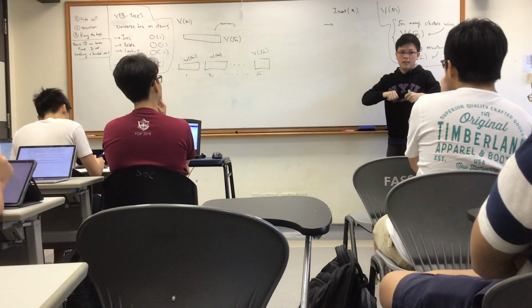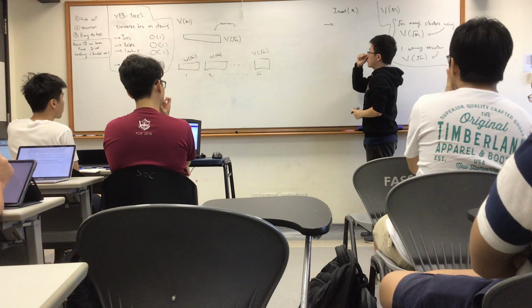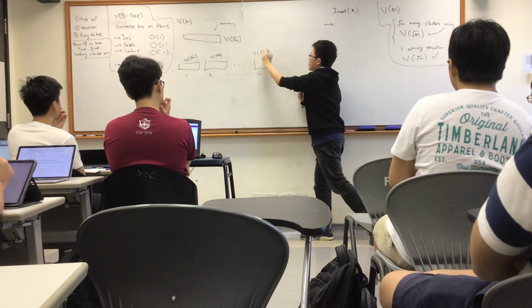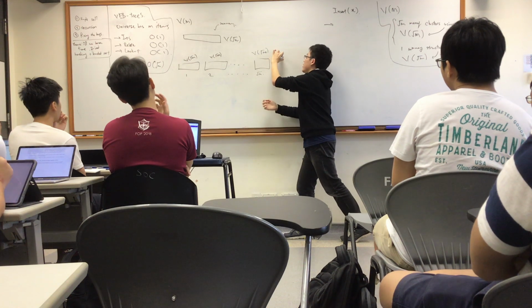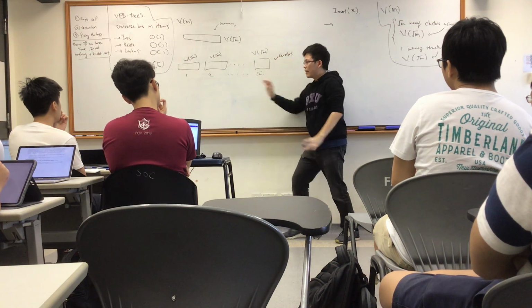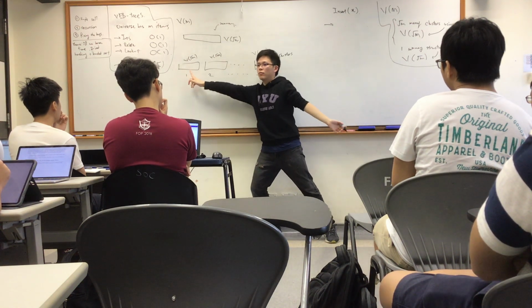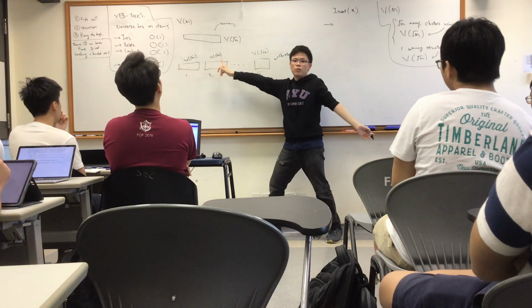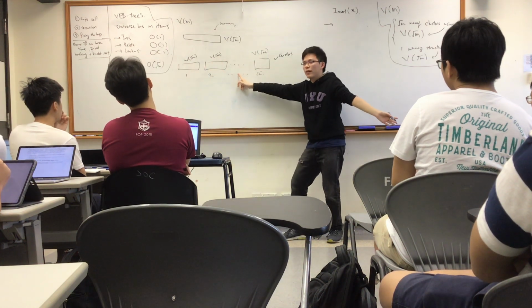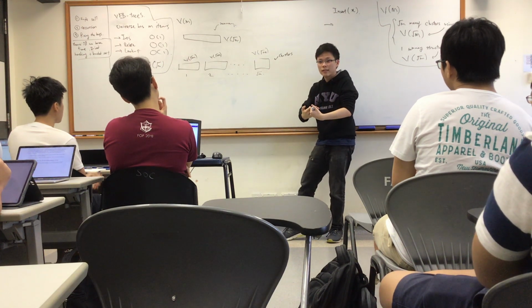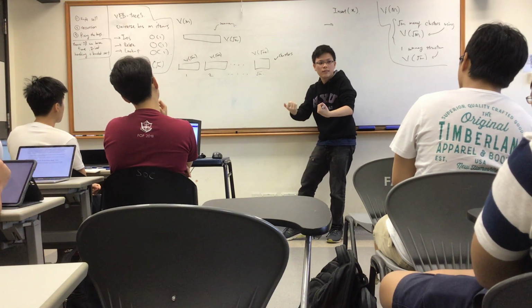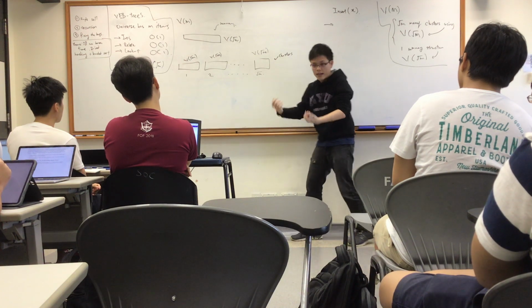Insert the correct sum data structure. Okay, so in this case, let's say X came from root M many. So I need to figure out which are the correct clusters, right? Let's say I did a canonical ordering. So this is from 1 to root M, this is from root M to 2 root M, this is from 3 root M to 4 root M, and so on until the last root M. So I have a number X that comes in. Which cluster should I pick? Let's say for now, X divided by root M, right?